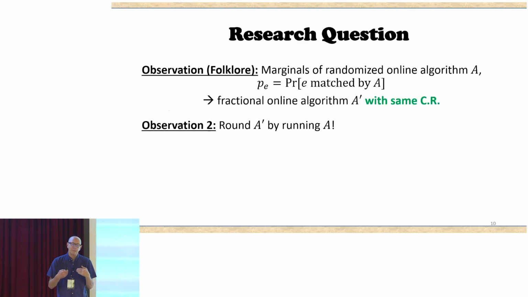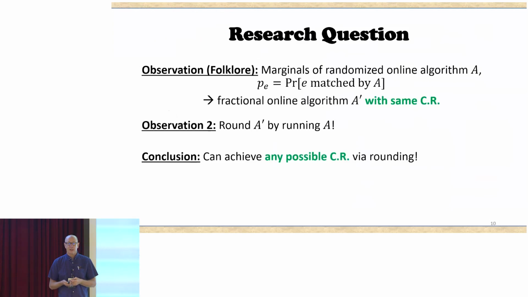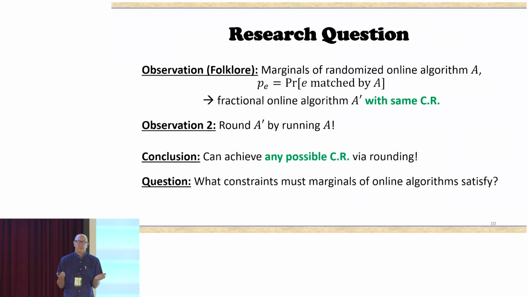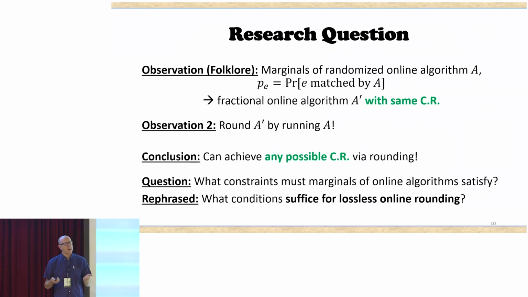And if A prime is this fractional algorithm which is implied by algorithm A, then we can trivially do a lossless rounding of A prime by just running A. But can we do the converse, the inverse direction,